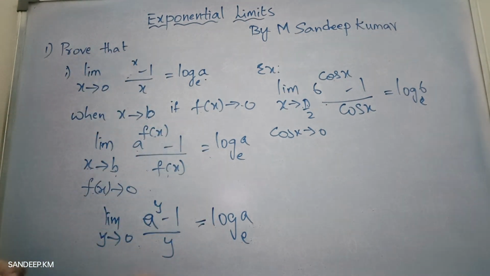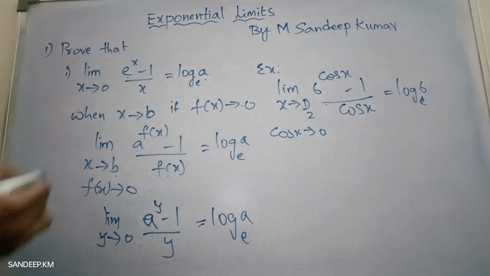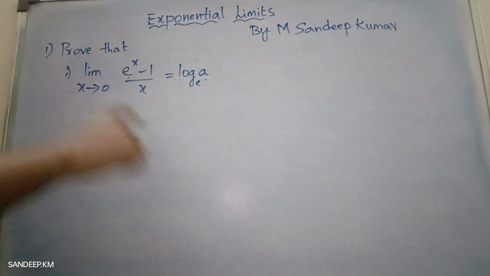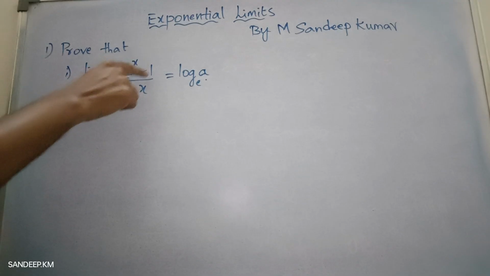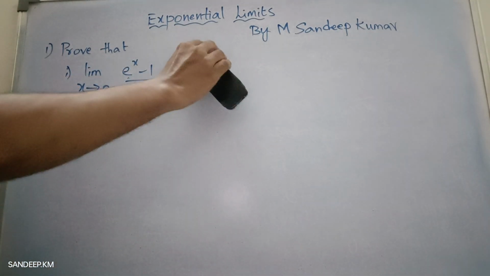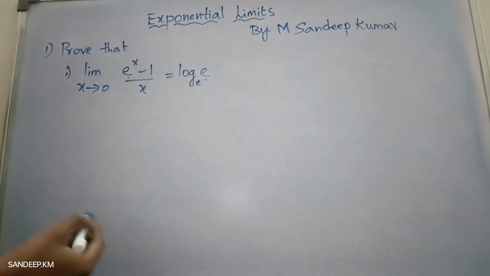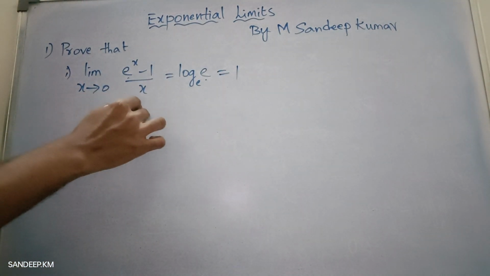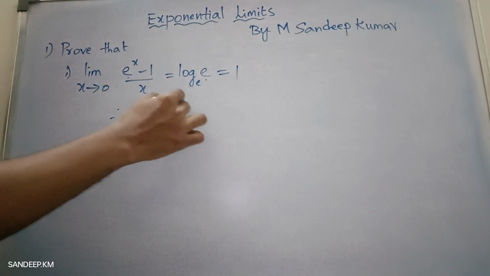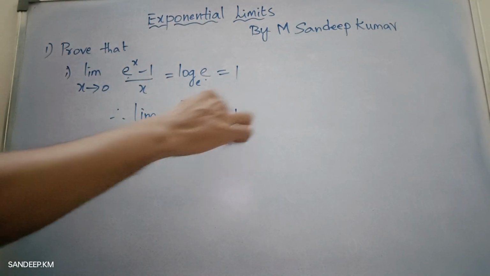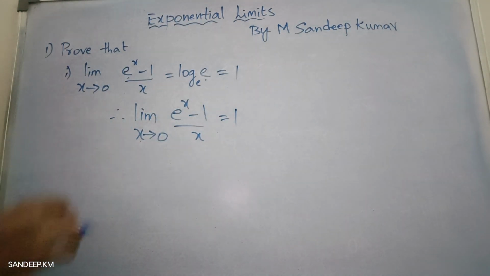So limit x approaches 0, e power x minus 1 by x. What about this? So limit x approaches 0, e power x minus 1 by x. So what is it? Instead of a, we have taken e. So it is log e to the base e, and log e base e is equal to 1. So therefore, dear students, limit x approaches 0, e power x minus 1 by x is equal to 1. Okay, and moreover,